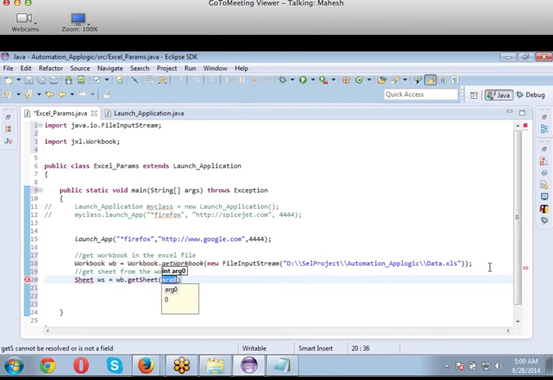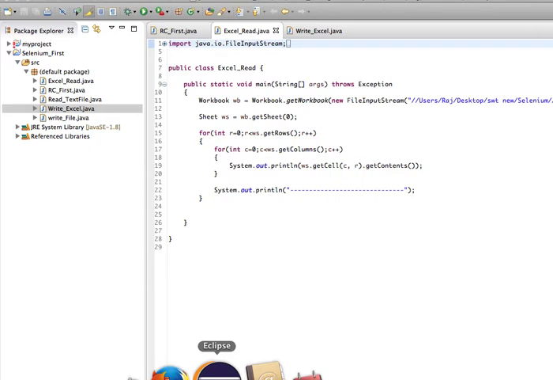Now what is the value that I have to give here? Get sheet of what? Rows and columns? We haven't accessed the sheet yet. After accessing the sheet, we will go to rows and columns. We are still inside the sheet.